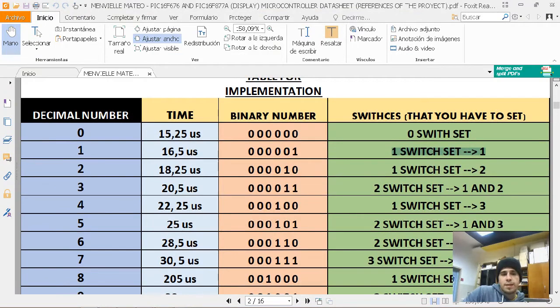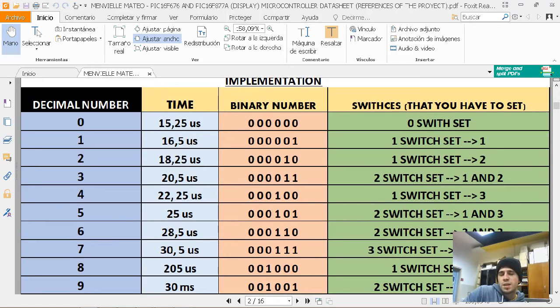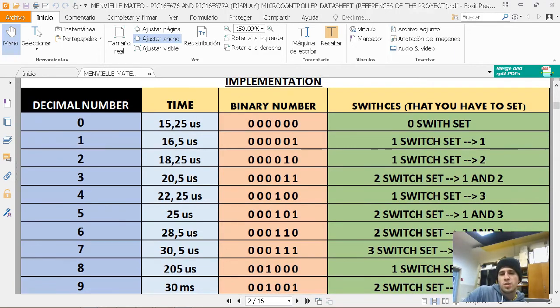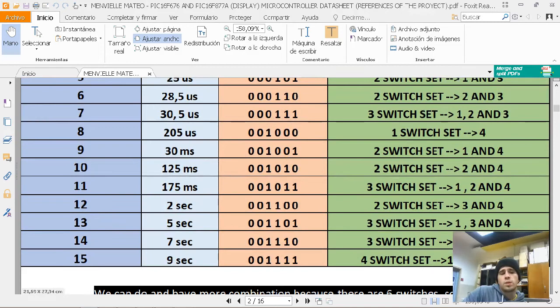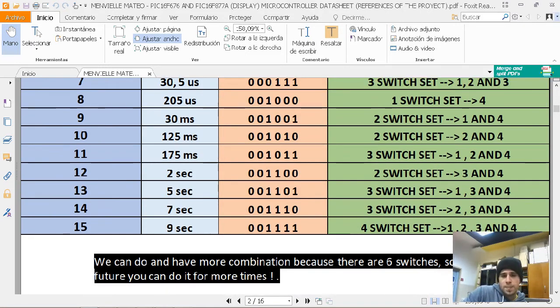You're going to have this time. This is 16.5 microseconds. Here it is very clear how the implementation works. You set one switch, the first one, and you're going to have this. Then we do this for 15 times, so you're going to have 9 seconds, for example, for the 15. Okay, then